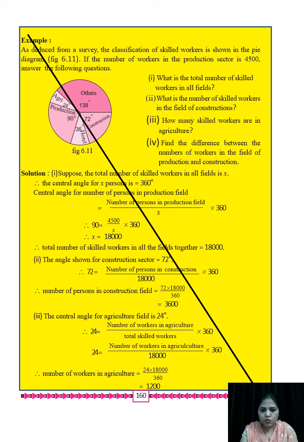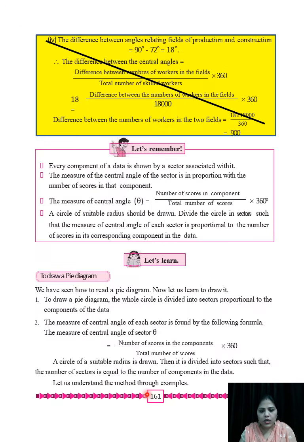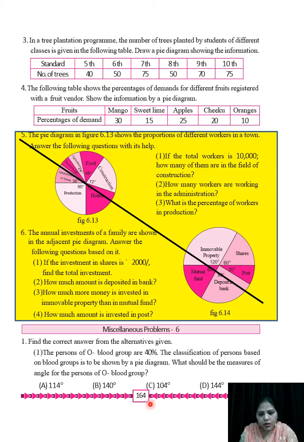160, cancel this too, and 161, this part. It was the remaining calculation of page number 160. So cancel this part too. Okay. Now we'll move ahead in the exercise and see on page number 164, fifth and sixth sum from the exercise. They are not there. Cancel them. Fifth and sixth sum, they are not there. Okay. 164, fifth and sixth sum are no longer existing.